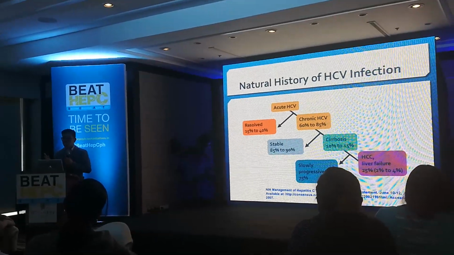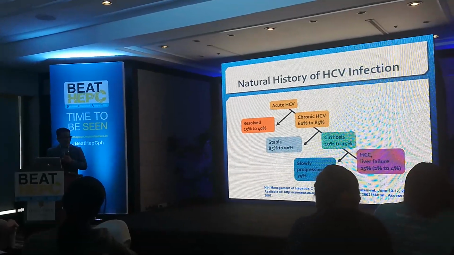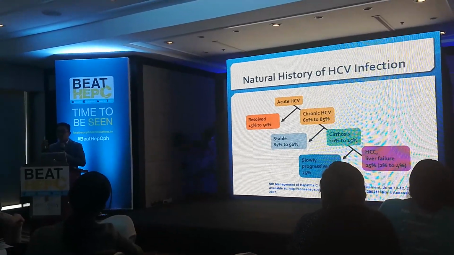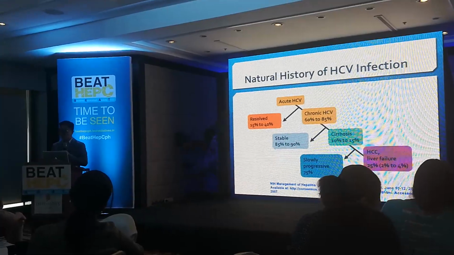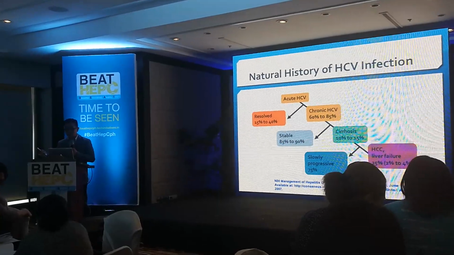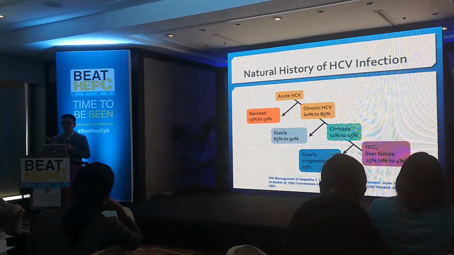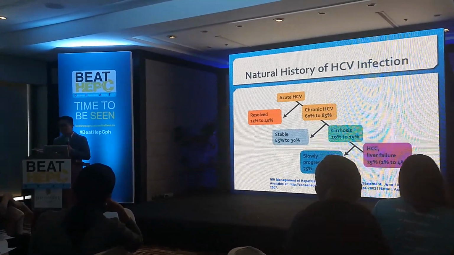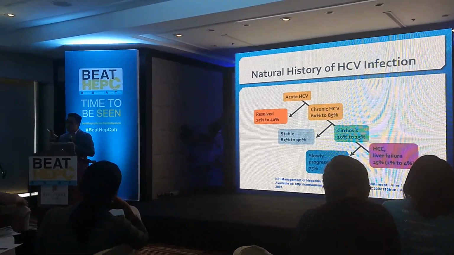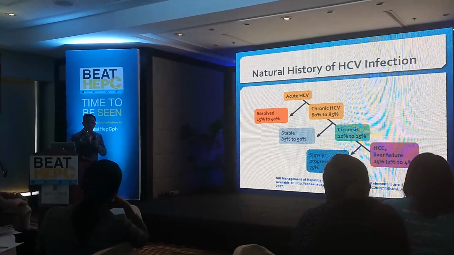So how do we define chronic infection? Persistence of the virus for more than 6 months. And once you develop chronic infection, that's the time that the chance of that person developing complications associated with the infection increases. So what are the complications? Liver cirrhosis, or scarring of the liver. And if you develop liver cirrhosis, that's the main risk for the development of liver cancer. So the most dreaded complication of hepatitis C infection is liver cirrhosis, and that patient can develop liver failure and then liver cancer. Okay, so that's the reason why we need to treat.